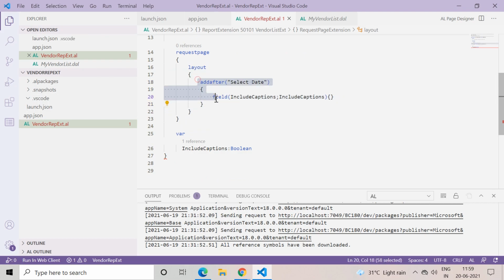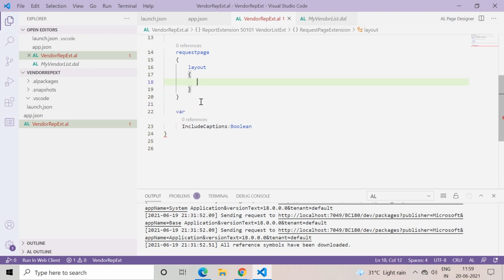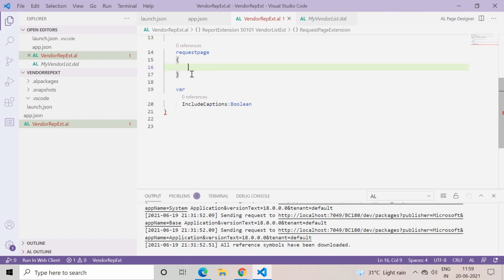Let me remove this part, and let me remove this part also.